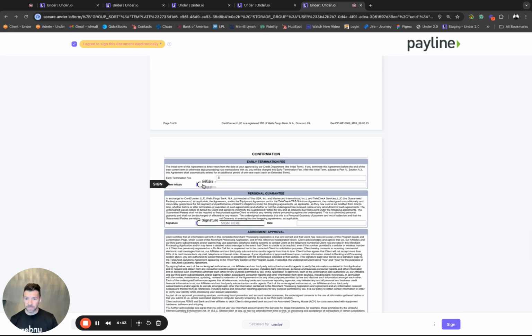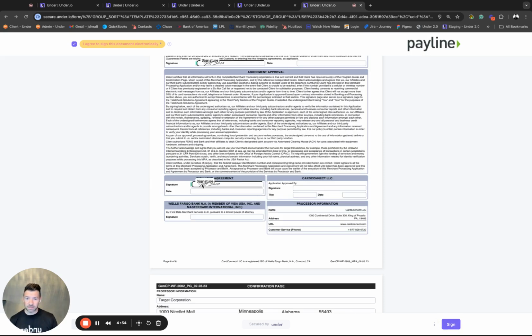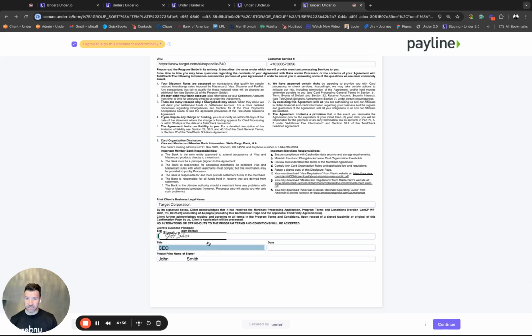sign their document. I'm already an Under user, so I'm just clicking to add my signature, but if this is my first time using Under, a draw pad would show up here. I could sign or I could type my name, and then I'd be able to append it to all the different locations that are required on the document. This is done again in a single flow without having to go back to an email and authenticate the user